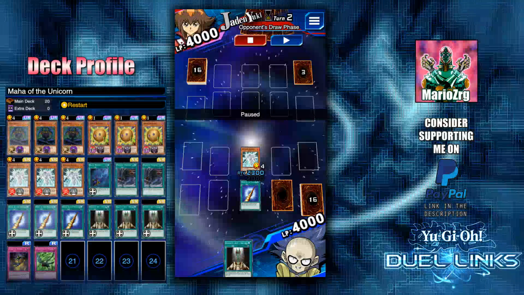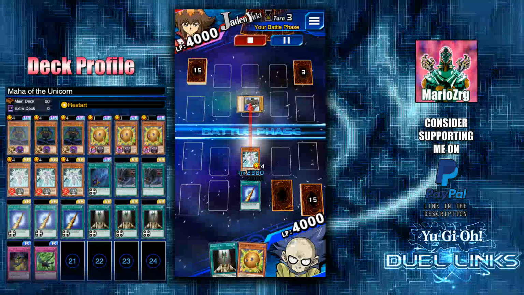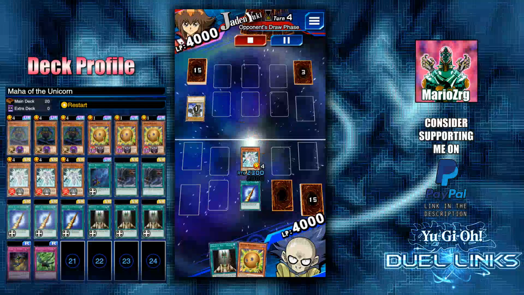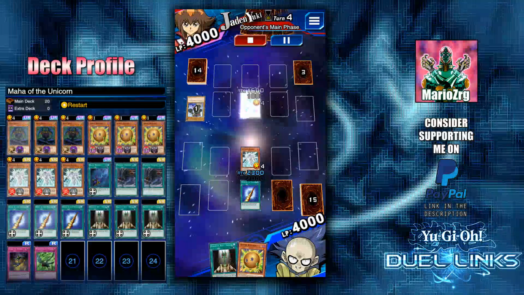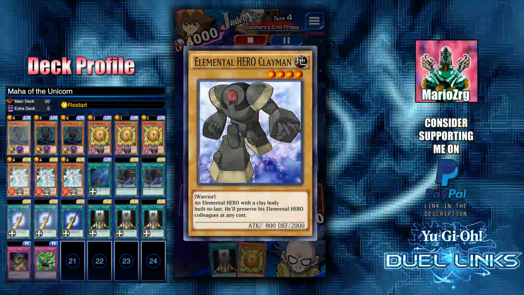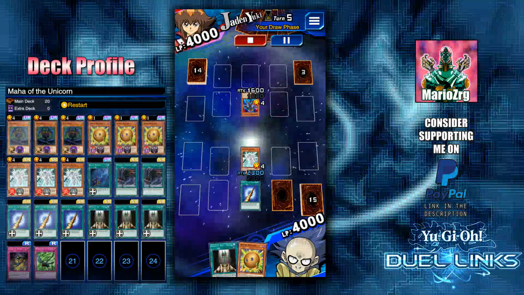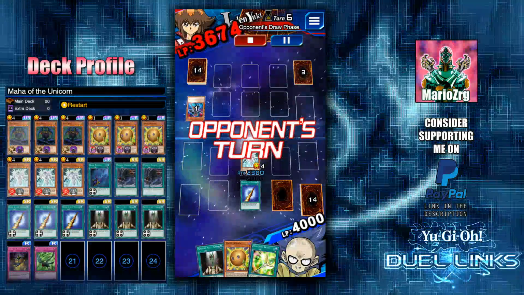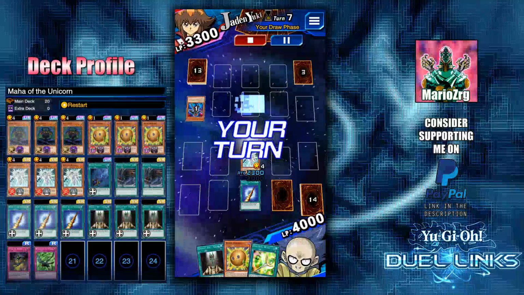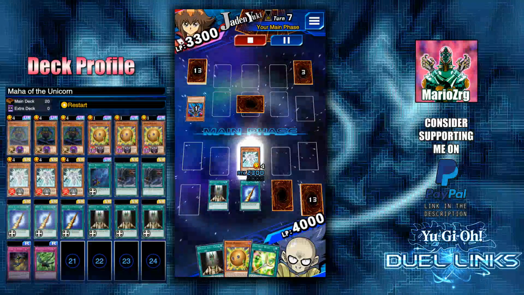Alright, so I have my Sergeant Electro and I have my Horn of the Unicorn, and as you can see, 2300, 2000, it's not gonna be easy to deal with. And now that I picked up my Sphere Krivo, it's even better. There we see Destiny Hero Decider, which is going to give his Elemental Hero Clayman back to the hand. Now, I was a little afraid about the Elemental Hero Sparkman. I'm not sure what the fusion is called, but he can destroy a monster with